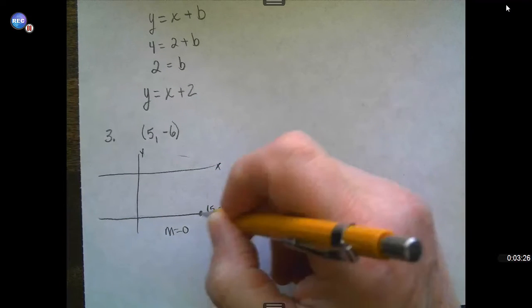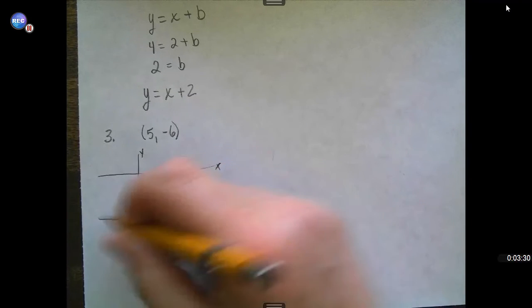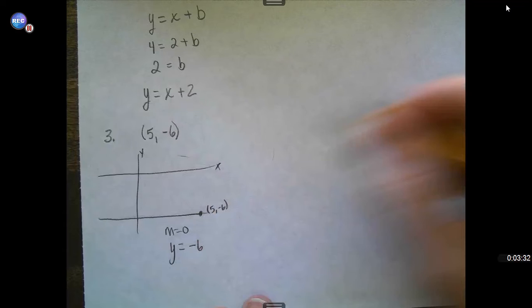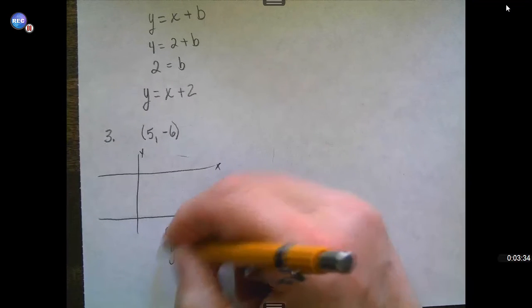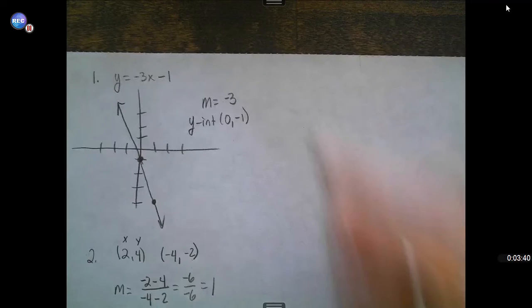The slope of the horizontal line is 0. The equation of a horizontal line is y equals. And everywhere on this line, y equals negative 6. So your answer is y equals negative 6. Okay. Then that takes us to question 4,